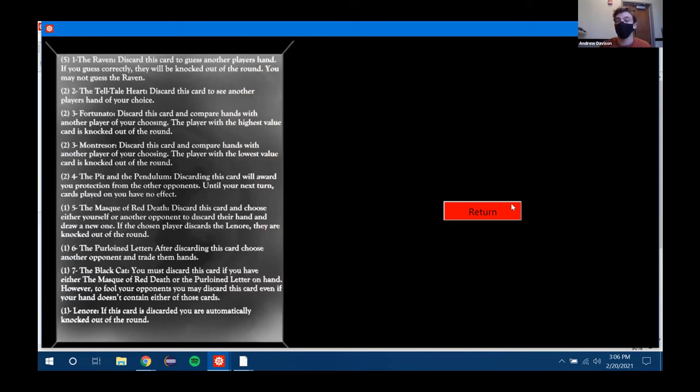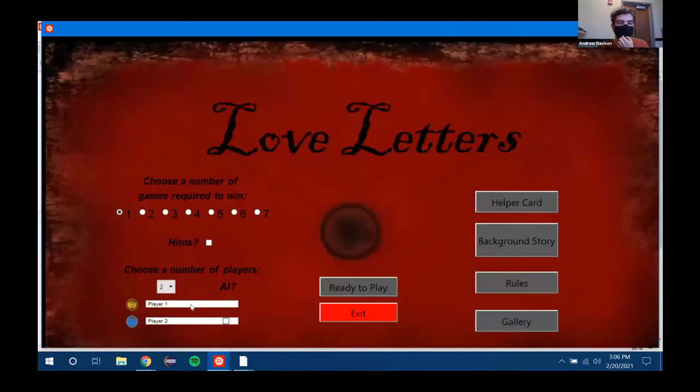A 7 is just a high card, but if you draw a 5 or a 6, you're required to discard it or to play it. And an 8 is the highest card in the game, and if you play it, then you automatically lose. So it's a risky card to have, but at the end of the game, it's the card you want to have. So first off,